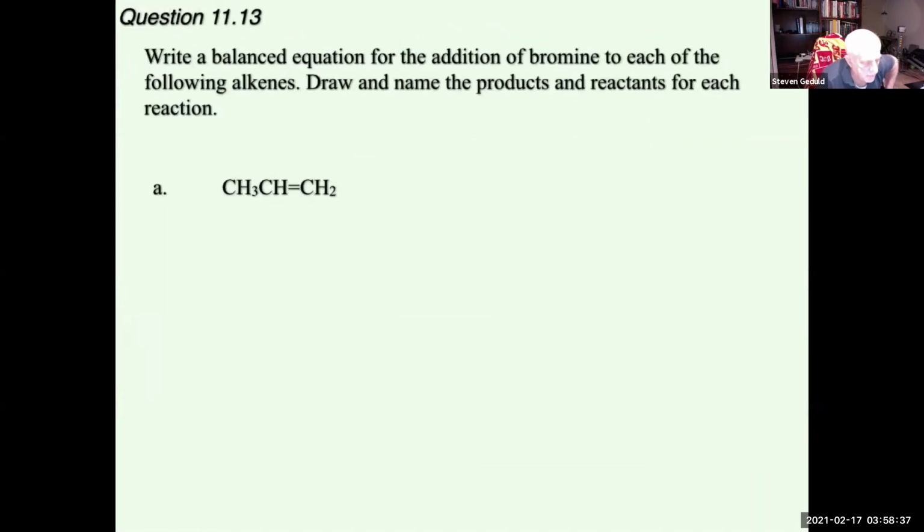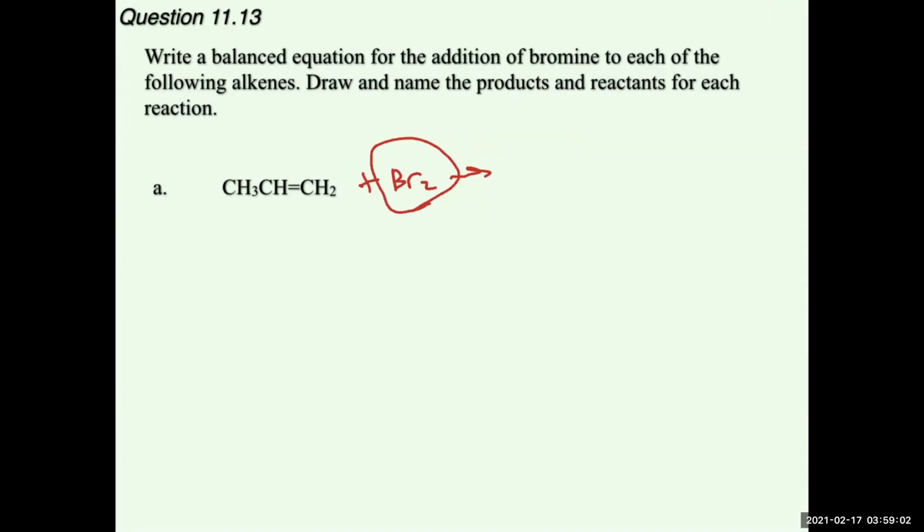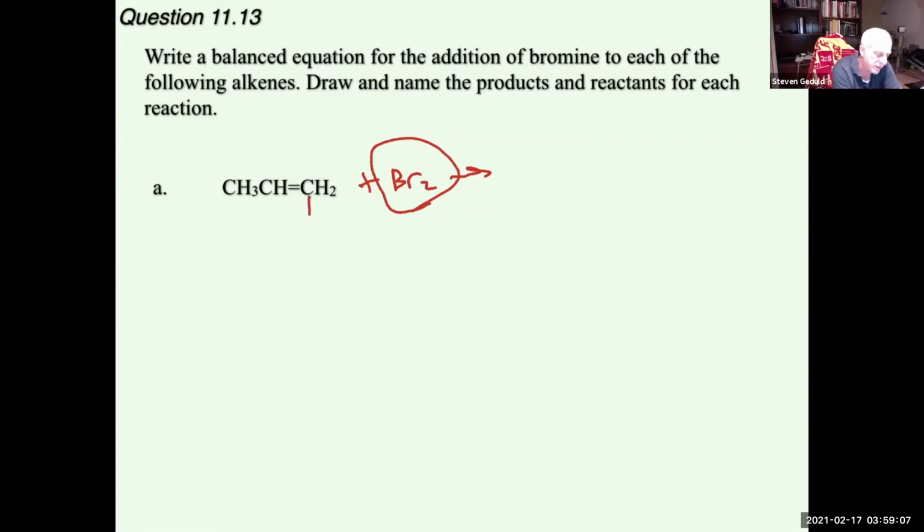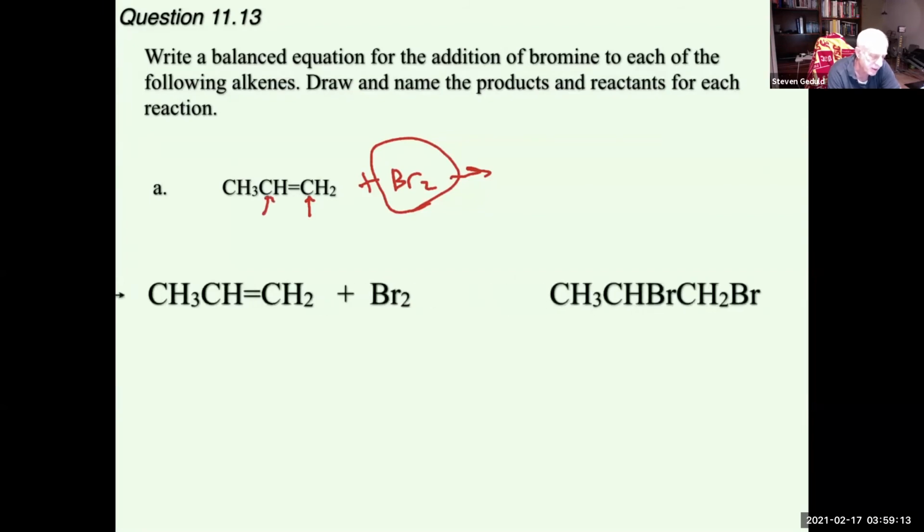Okay, addition of bromine. Okay, take this plus bromine. How many bromines do we need? How many molecules of bromine do we need for complete bromination of the following alkene, propene? 1 propene. Just the 1. Just the 1. Perfect. So it's going to add on each side of the double bond and attack the bond, open it up, use those pi electrons. So propene plus 1 bromine goes to,